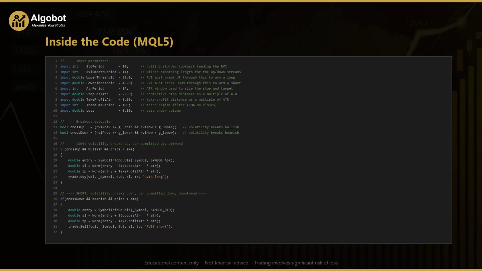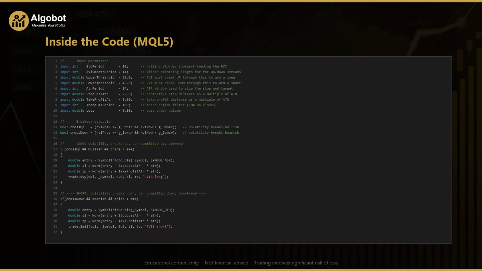The short block, just below, is the mirror. If cross-down and the bar is bearish and price is below the EMA, the code reads the bid price, places the stop 2 ATR above entry, the target 3 ATR below, and calls trade.sell. Notice how both sides share the same structure, just flipped in direction. That symmetry makes the logic easy to read and easy to reason about, which is exactly what you want in